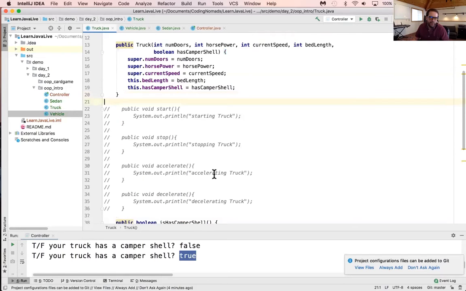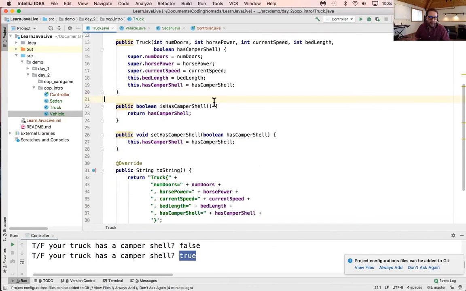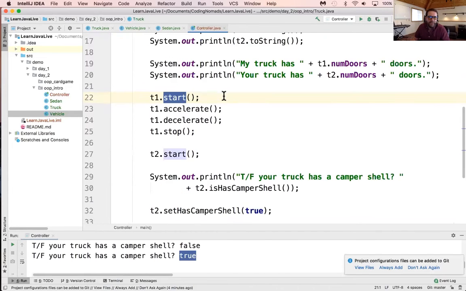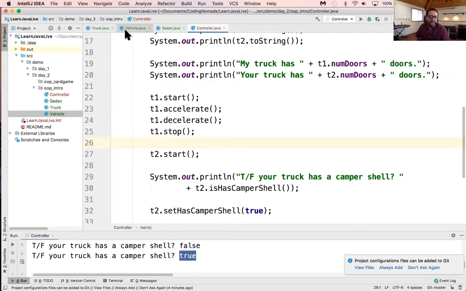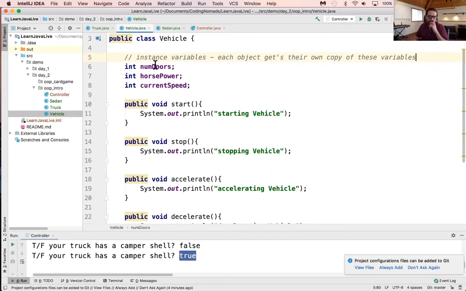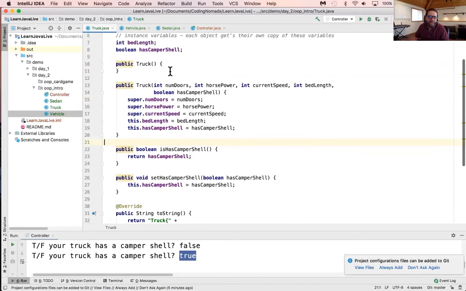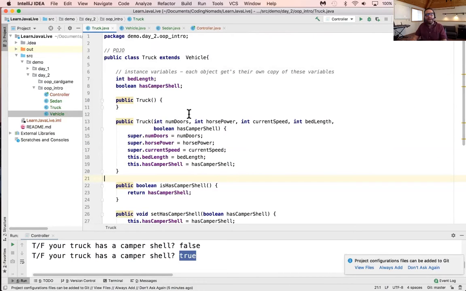I could delete them too, just to totally prove it, right? They're no longer there. But for some reason here, this still works, right? Because those methods exist in the vehicle class, as well as the variables numDoors, horsepower, currentSpeed, not in the truck class. And one interesting thing that we're doing here in the constructor is see where it says super